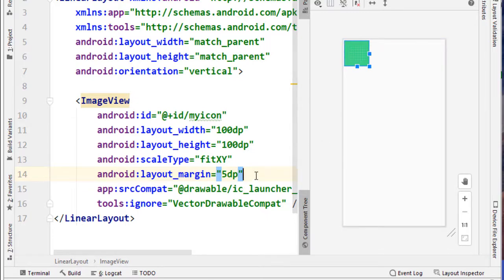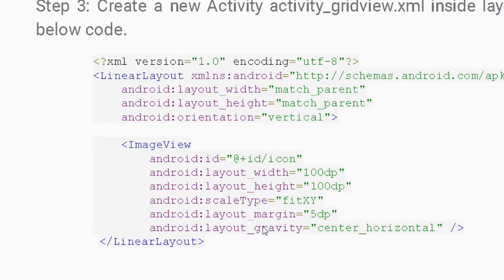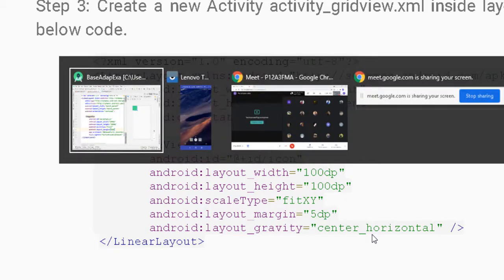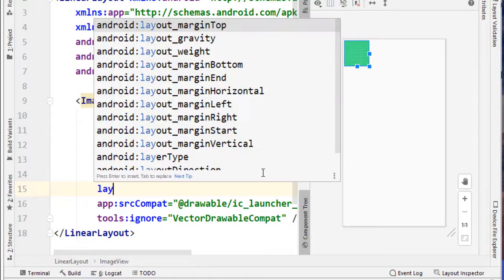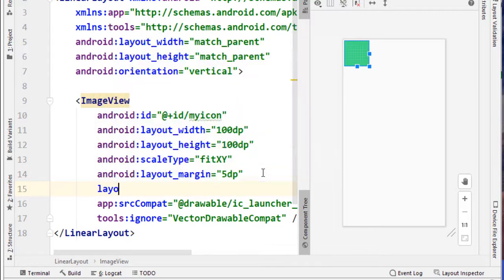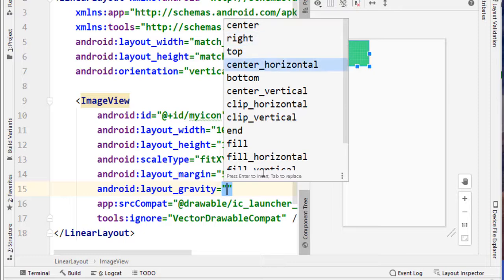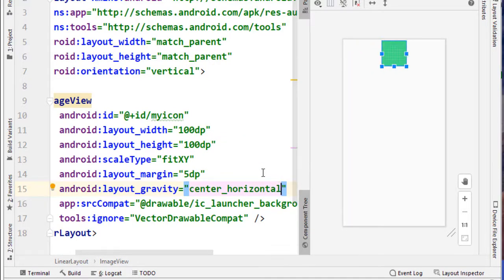Now let me show you another property. That is called layout gravity. I need to display that image in the center. So for that we are going to use the layout gravity property, and under the gravity property I am going to select center horizontal. So it is going to be displayed in the center of the layout, but in a single row.